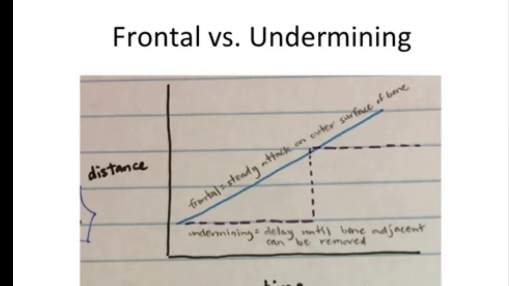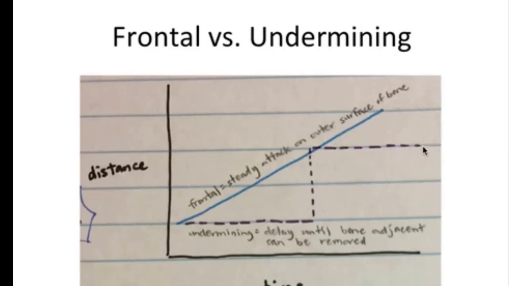And then this is just a small graph I drew looking at frontal versus undermining resorption. So this is distance of tooth movement. This is period of time. And you can see how frontal resorption is slow but steady. It's a steady attack on the outer surface of bone. And undermining resorption, we have that delay until the entire bone adjacent to the tooth can be removed, and then the tooth jumps forward. And then we have to wait, well, we should wait at least 2 weeks for the PDL to repair